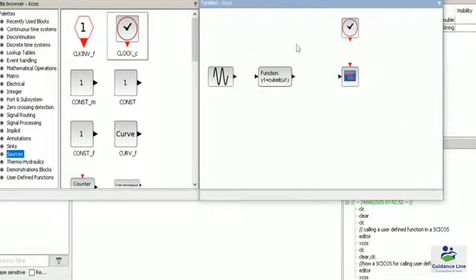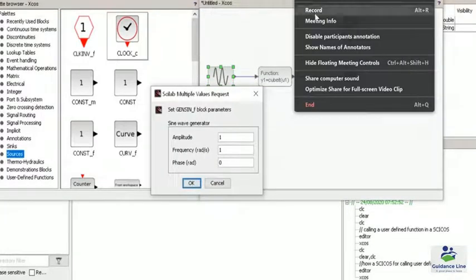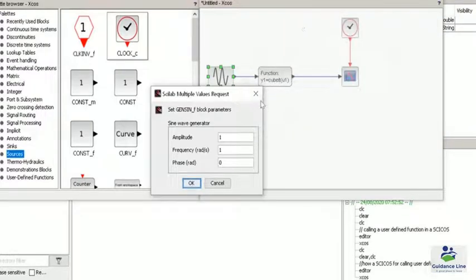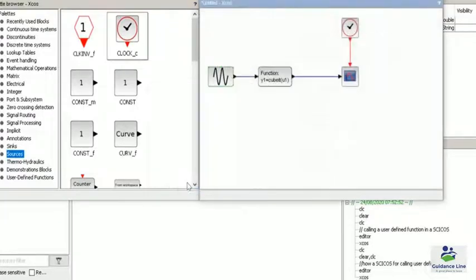So I simply drag and drop all the blocks required to run a simulation, and I am simply making the connections in such a way. Next step is to modify the parameters of our individual blocks. So for modifying the parameters of this generate sinusoidal wave, I simply double click on it, and you can see we have amplitude and frequency over here, and phase is 0. So I am keeping it at the default values. I am not modifying all parameters over here in the generate sinusoidal wave. So by default amplitude is 1 and frequency is also 1.